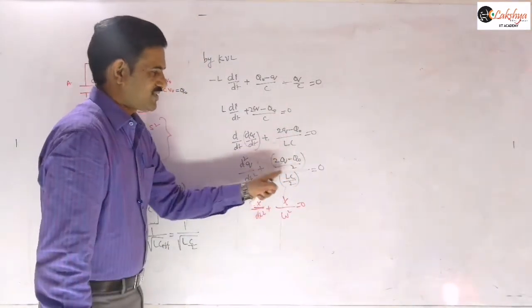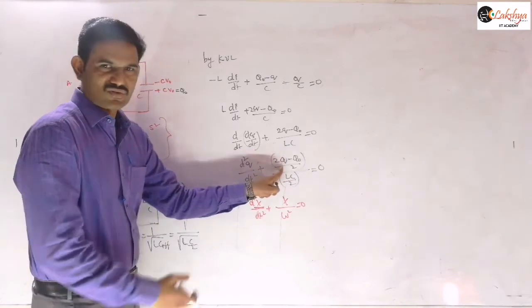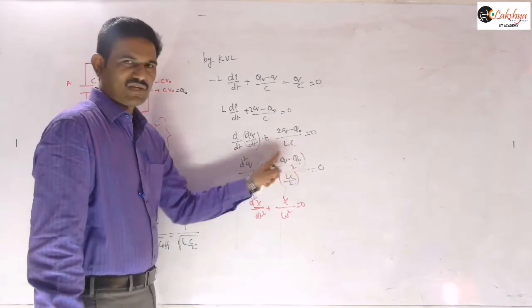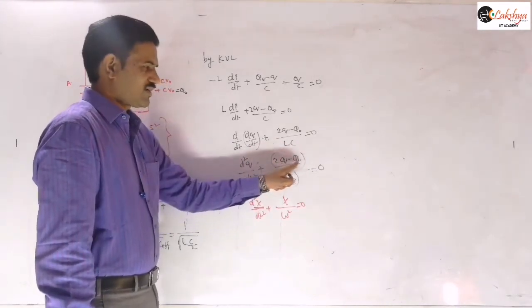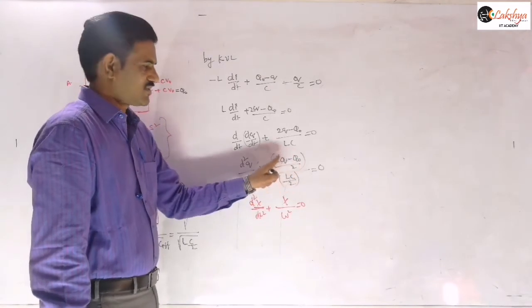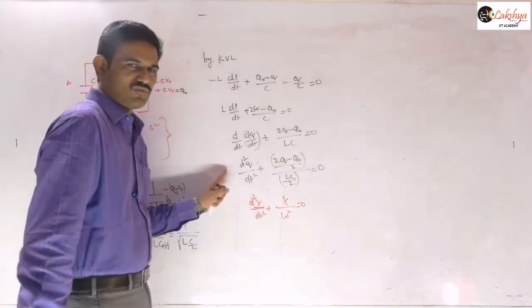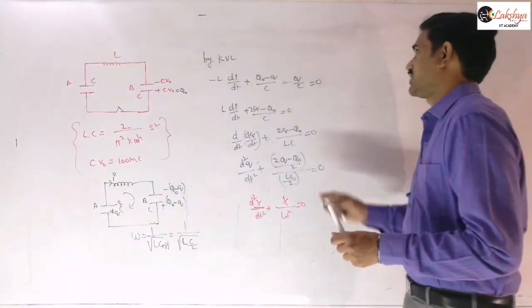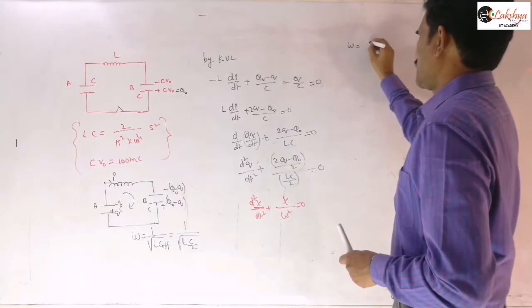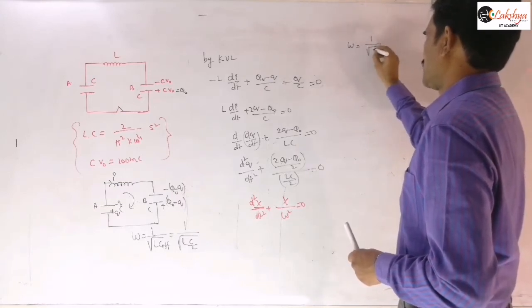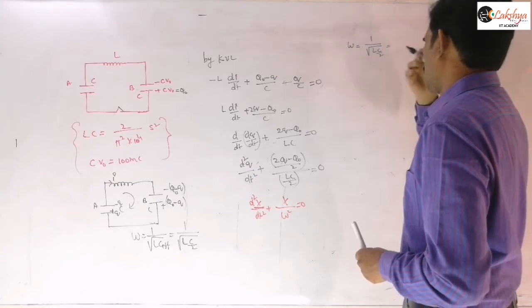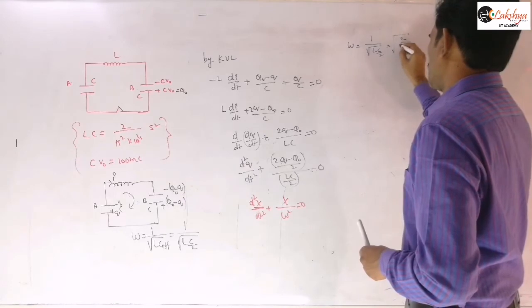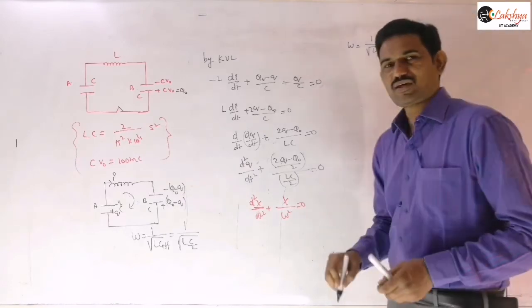The capital X means this value, because the differentiation of this also will give d square q by dt square only, because q naught is 0 here. Let it be capital X. If you differentiate this term, the q naught differentiation will be 0, only d small q by dt you will get. So then we cancel like this, and we can write omega is equal to under root of 1 by L into C by 2, which you can write as under root of 2 by LC, right? So that is our omega value.